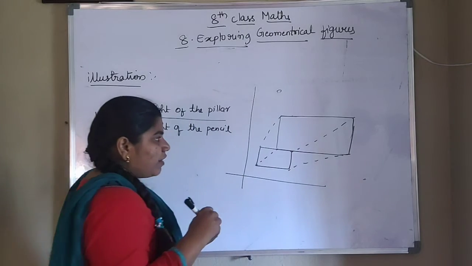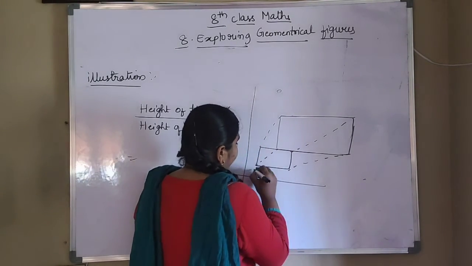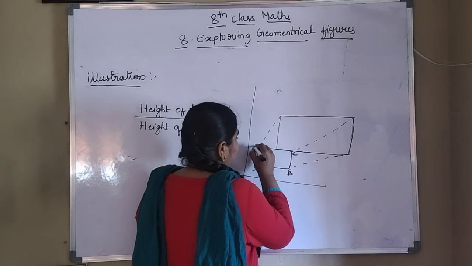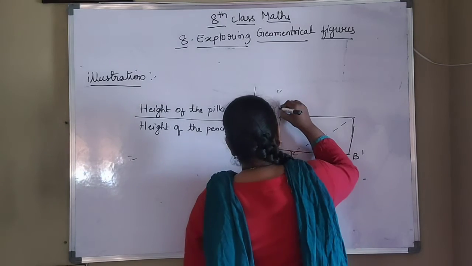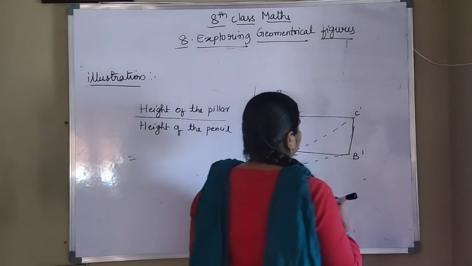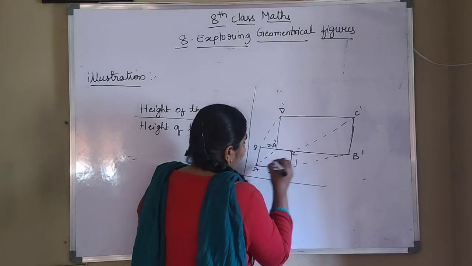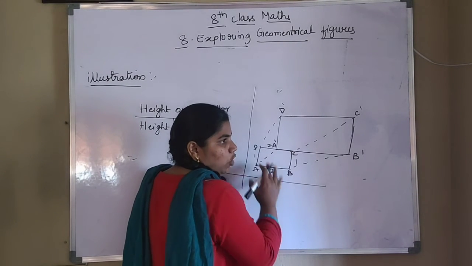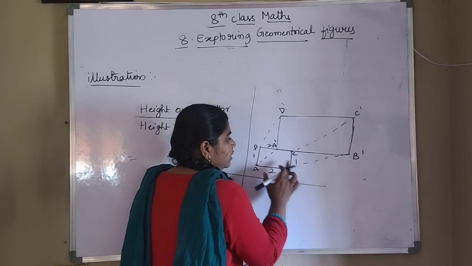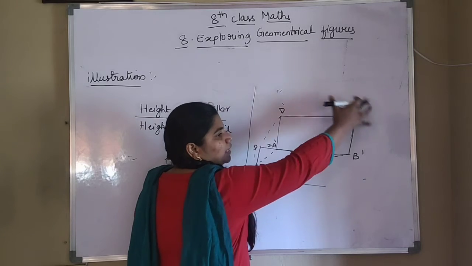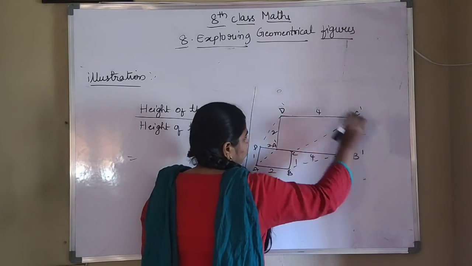Now we have to find the area and perimeter for these rectangles. Suppose I am taking it as A, B, C, D. Here it is A dash, B dash, D dash and C dash. Suppose this is 2 and this is 2, this is 1, this is 1. In a rectangle, opposite sides are equal. So this is 2 centimeters, 2 centimeters, 1 centimeter, 1 centimeter. It has been enlarged, that means it will be 4, 4, 2, 2.